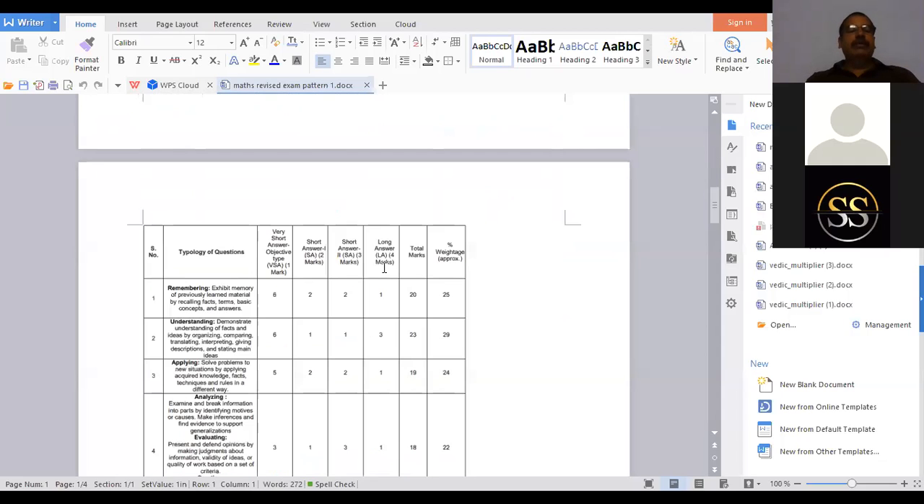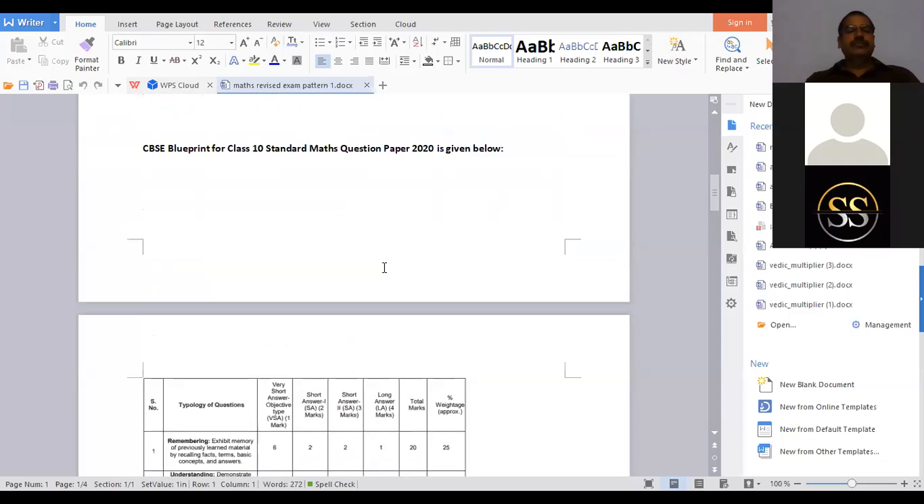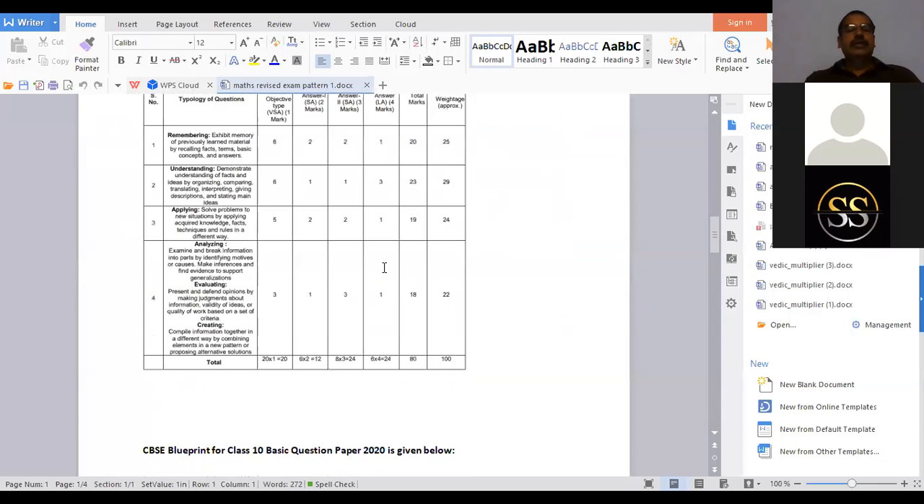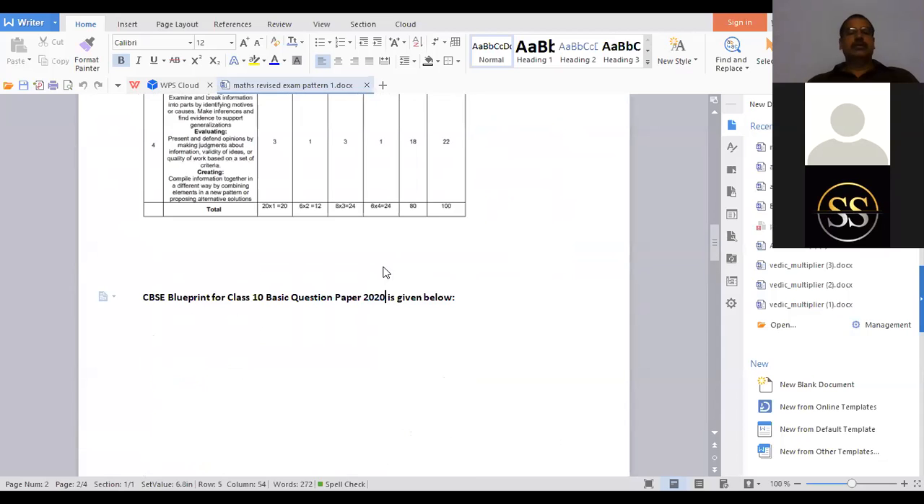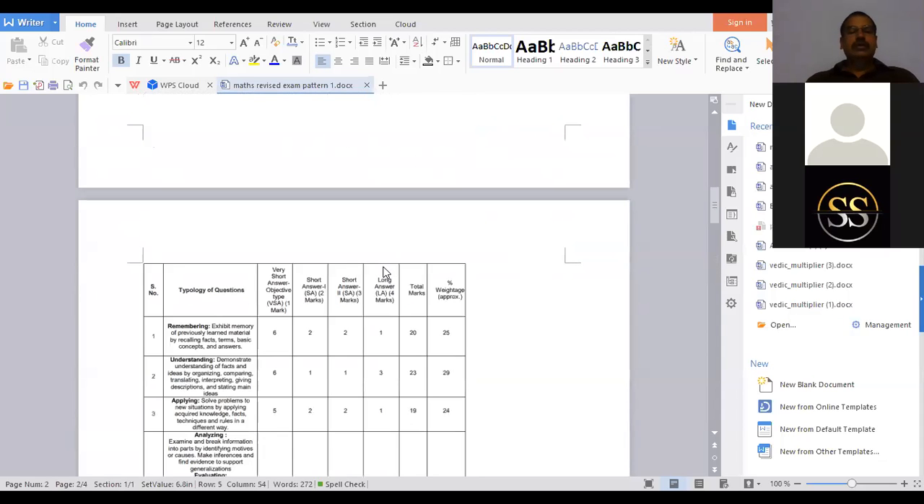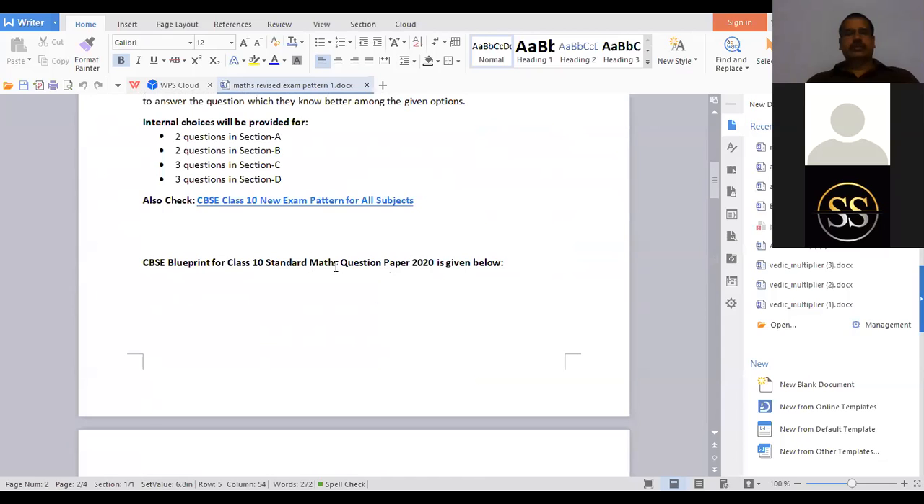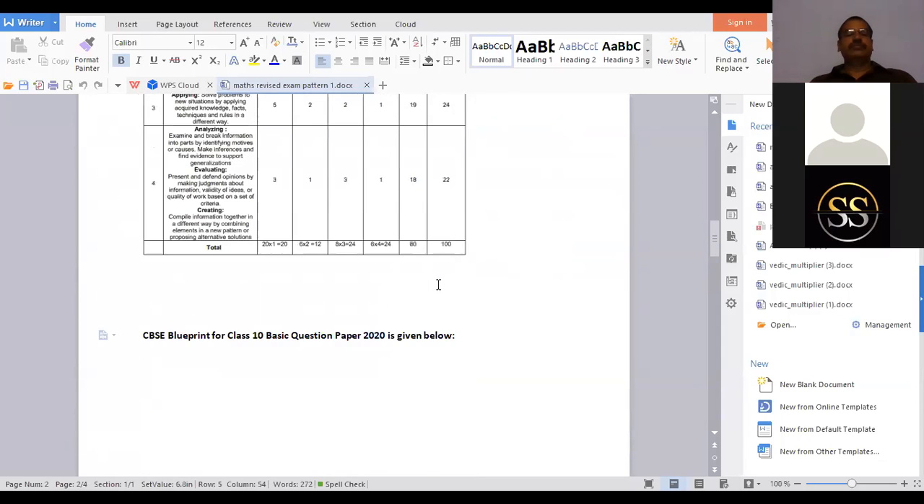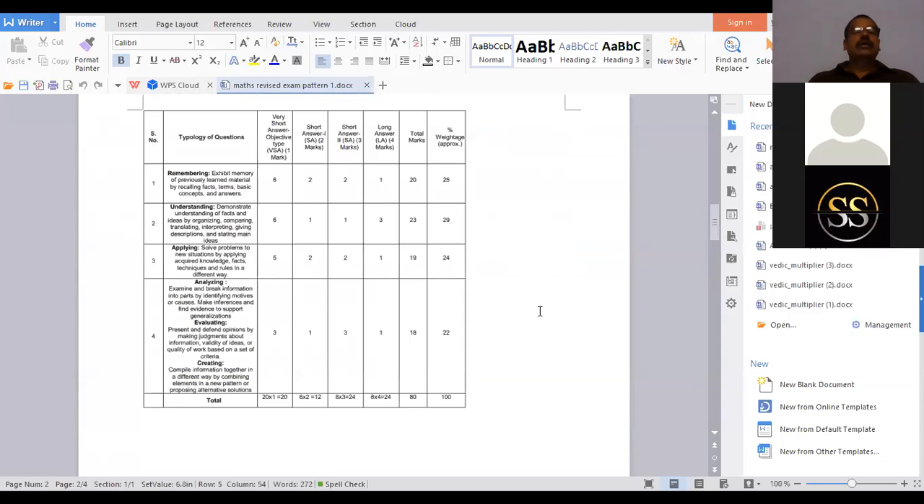And next, the blueprint will be there for you. CBSE blueprint for class 10th standard maths question paper 2020. For standard students, one pattern. For basic students, one pattern. See, in the blueprint, there are